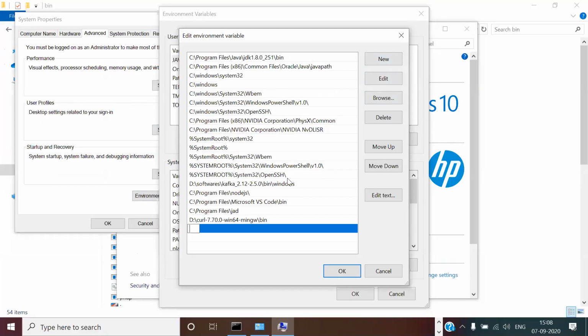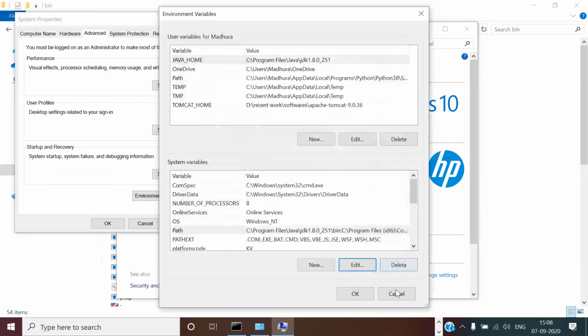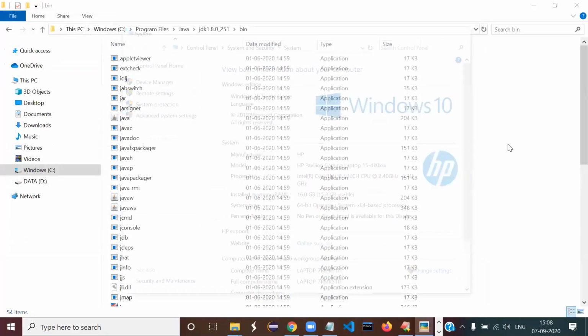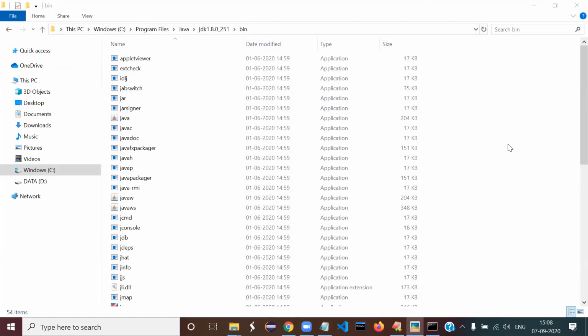So it will add, and then say Control V and shift it, move it up all the way so that it is the first entry. Do that because Oracle Java path could be of a different version, so you are getting problems. I hope you understood. Otherwise, later I'll do the screen sharing. I will access the remote control and fix it for you.